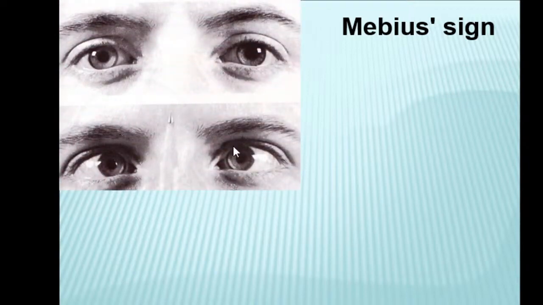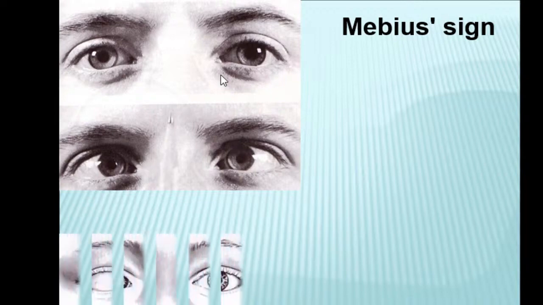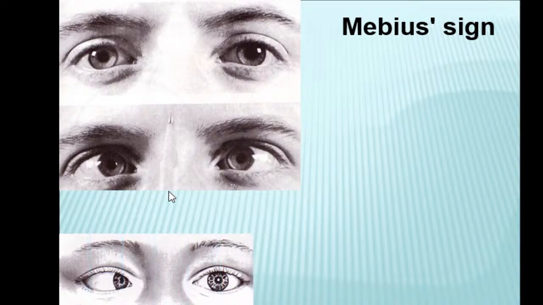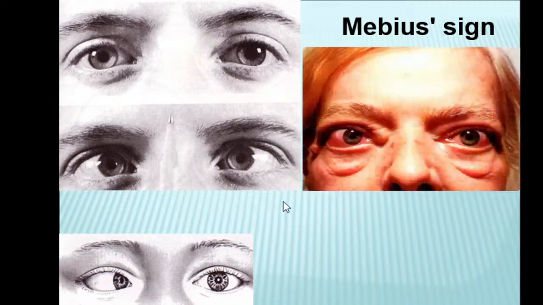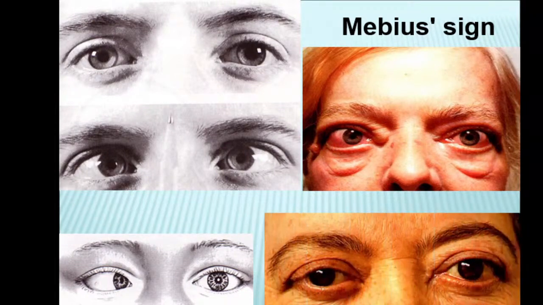Möbius sign. We will move the subject to the tip of the nose, and normally both eyes go inside and stop. Fix subject. Patient with thyrotoxicosis cannot fix subject. Eyeball go inside and then one eyeball comes back. Asymmetric. No convergence. Disordered convergence. You see, position of eyeball not symmetric. Positive Möbius sign. Patient cannot fix subject.